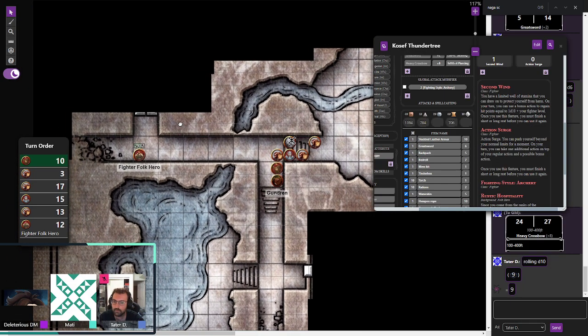Next is the rogue. The rogue then attempts to... Let's see if this works. Hold on. I mean, it should, right? Okay. So the rogue then goes, oh no, you spot me. So what he does is he...